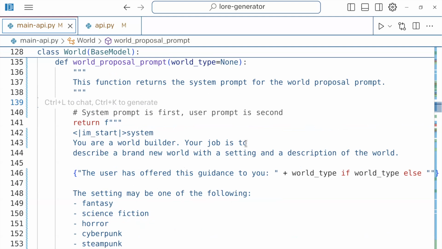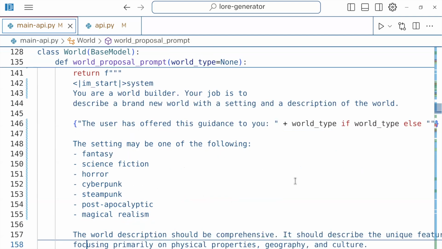And then I have this proposal prompt, right? You still have to write prompts. Structure generation doesn't give you anything for free. You still have to describe what it's supposed to generate. The advantage of structured text is it will always give you the thing that you wanted. The structured text can help guide you, right? In this case, it knew that it had to be post-apocalyptic and it kind of fell into the slot. But you still actually have to write stuff. So all this is basically saying you have to pick one of these things and please generate us a world and just kind of be general.